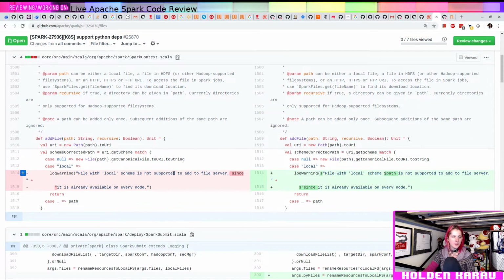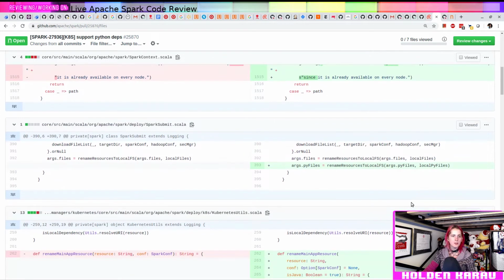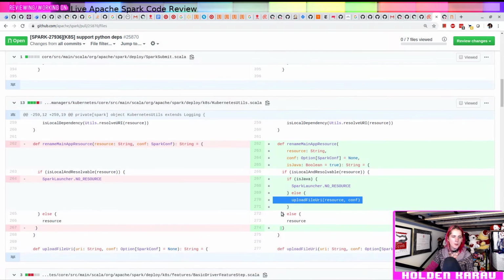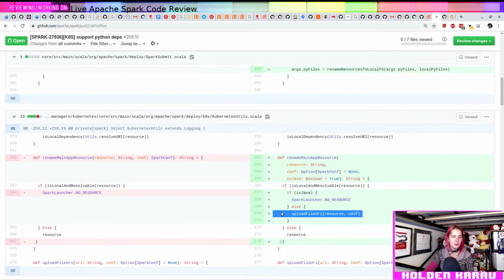What did we change? Okay, yeah, now we're printing out the path for when we're matching. That sounds good for debugging. Here we go ahead and we also get the py files. If it's Java, no resource, else upload file URI resourcing conf. Okay. Else resource. So what is upload